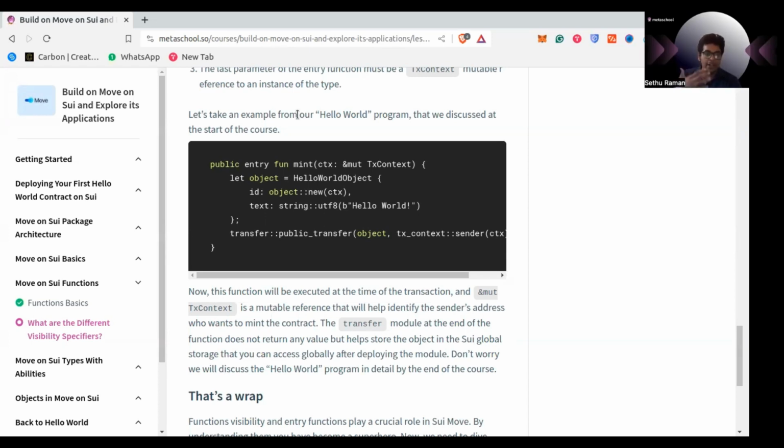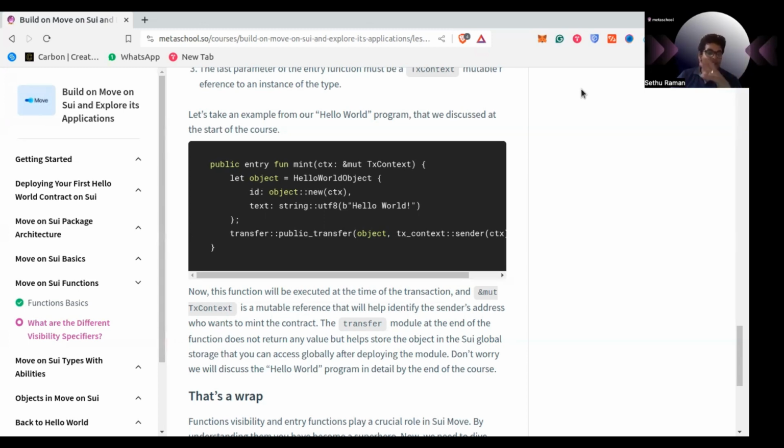It is actually a unique feature of Sui. If it is just an entry function, not a public entry function, it cannot be called from other modules. It can only be called from